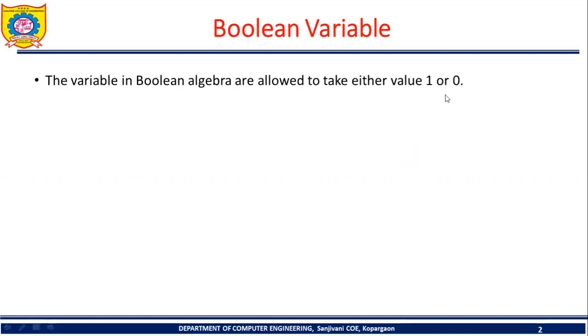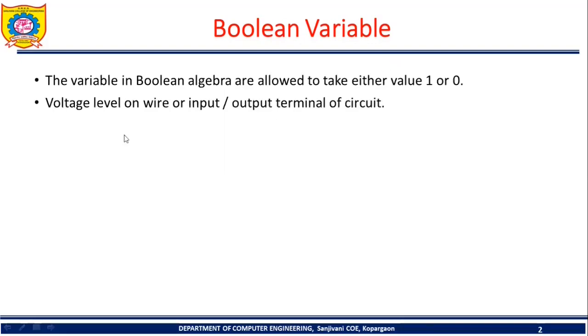So the question is, what is the use of this variable in digital circuit? In digital circuit, we know that there are again only two states, logic 1 and logic 0. So in digital circuit, we can use Boolean variables in order to store the state of that circuit at some particular time. Again, we know that in case of digital circuit, logic 1 is represented by some particular voltage range. Logic 0 is represented by some particular voltage range. So a Boolean variable, if used in digital circuit, can indicate the voltage level present on some particular wire, or the voltage level present on the input terminal of some digital circuit, or the output terminal of some digital circuit.